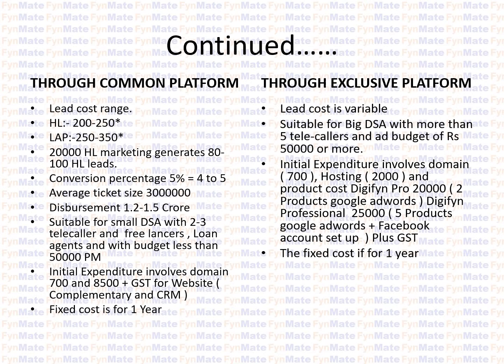And if you are a little bit bigger DSA, if you have more than 5 telecallers, then you can opt for the exclusive platform. You take everything, domain, hosting, SSL, and then choose our product. We have different products. Here there is an example of 25,000 rupees. In fact, you can opt for a completely customized product as well, which will cost as per the customization charges. This will be fixed for 1 year.